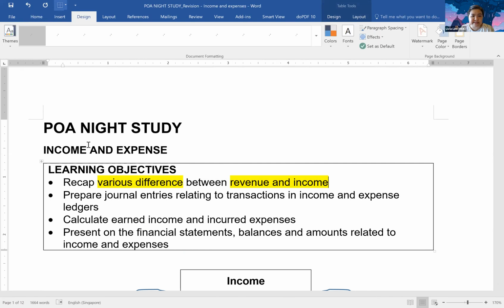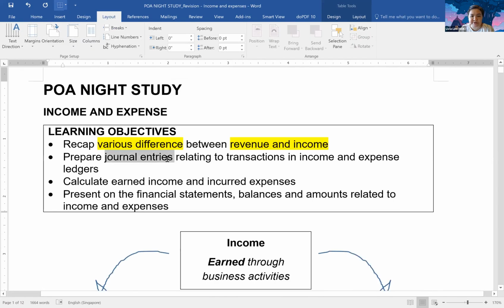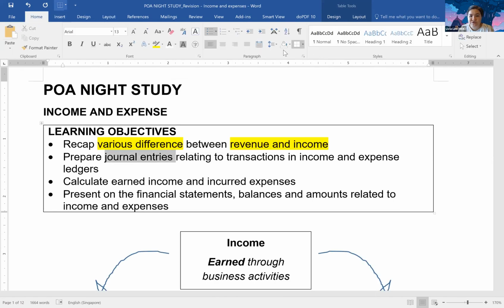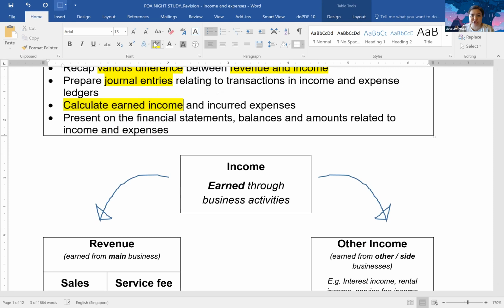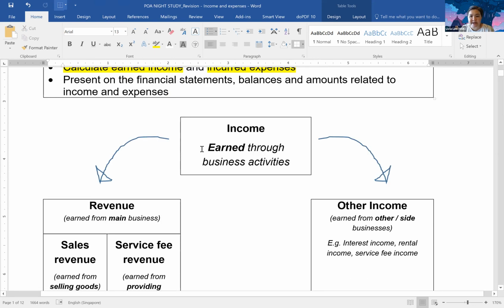Then we are going to look at some of the journal entries, revise some of the journal entries related to transactions in the income and expenses ledger. This is a big part. This is a huge part. You're going to revise how to calculate earned income and incurred expenses and see how it's presented on the financial statements. So just to remind everybody,